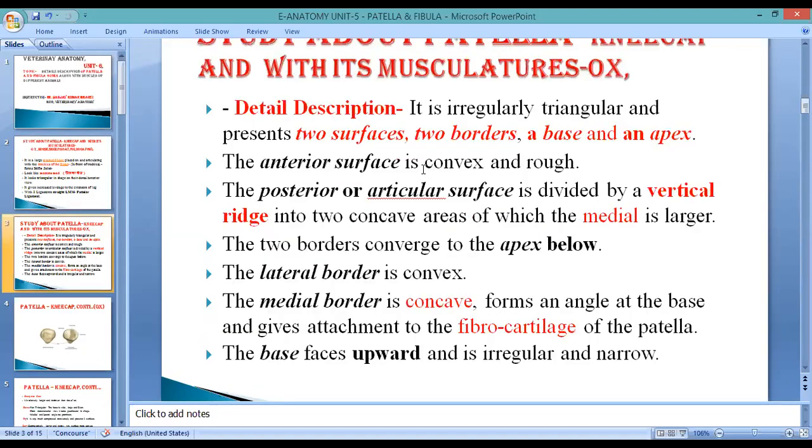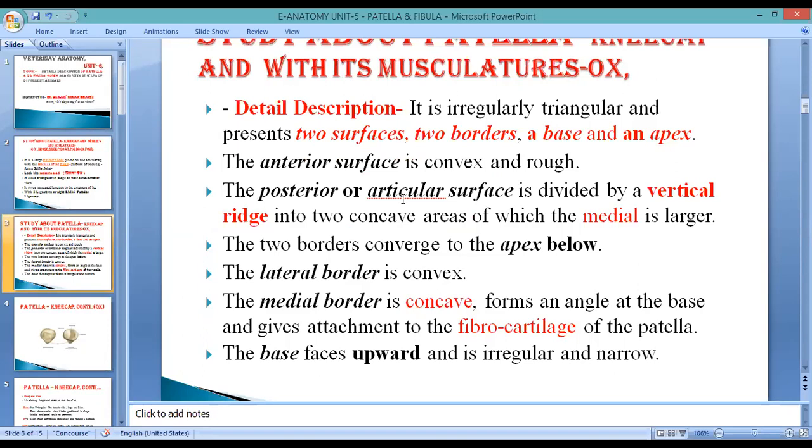Description, sir: patella is a triangular bone. For description, it contains two surfaces, two borders, a base and an apex. Two surfaces: anterior surface, when the animal is in the standing position, is convex and rough. Opposite to this is the posterior surface, called the articular surface because it comes in contact with the trochlea